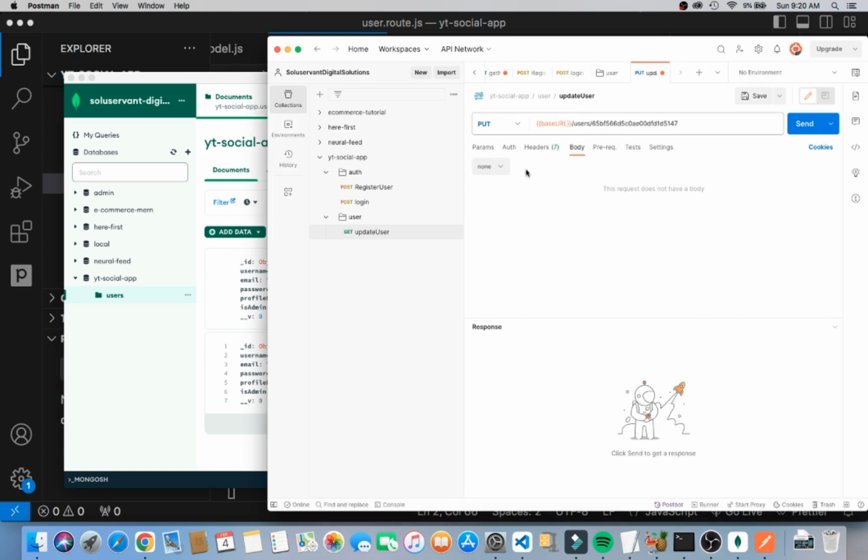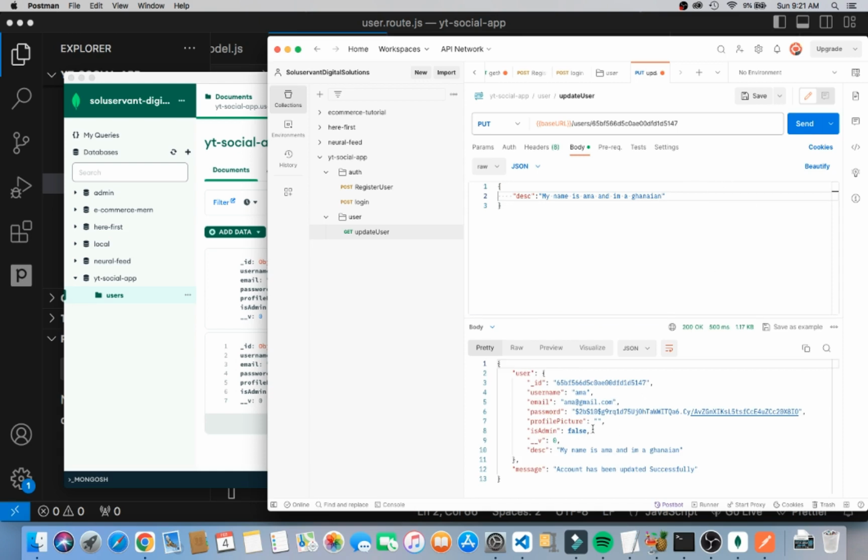Okay, then over here I can set the body to raw and then JSON, and then I'm going to add a description to Amma. Okay, then I could say: my name is Amma and I'm a Ghanaian. Okay, so now that I have this, I could send,